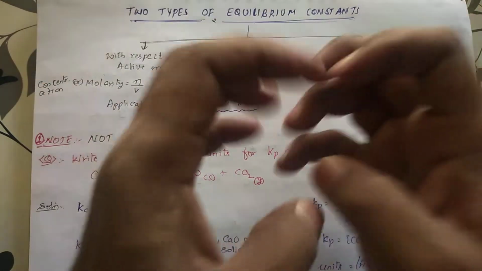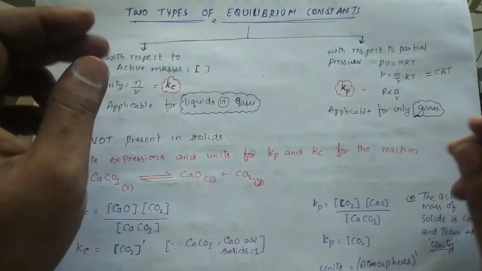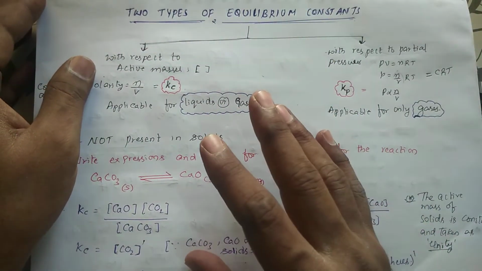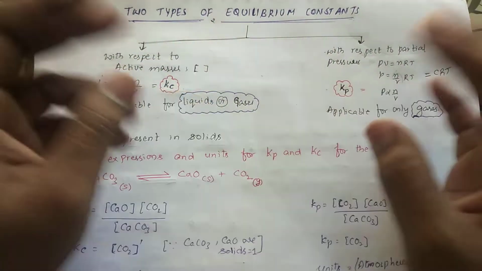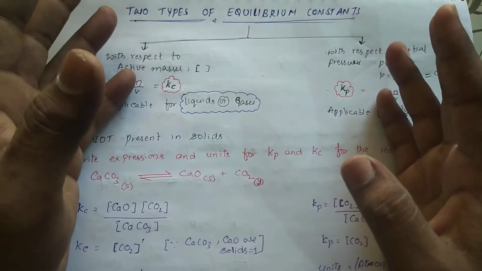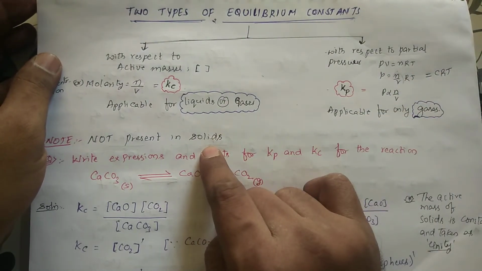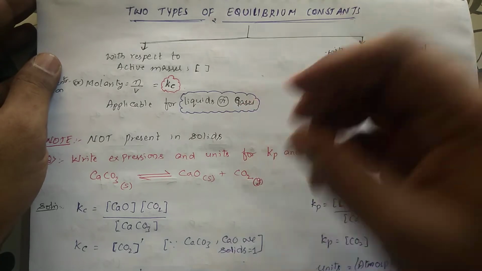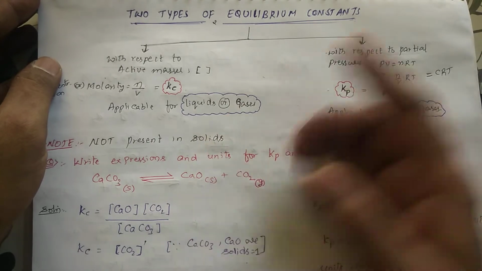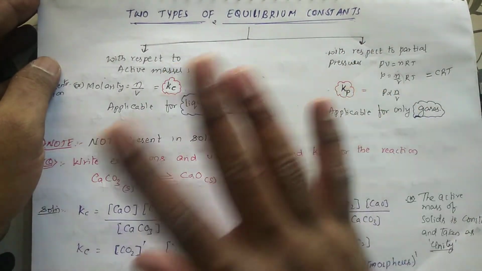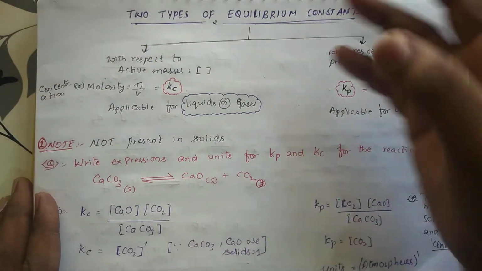Because solid particles are very close together. So there will be a greater number of particles. But with gases, the particles move randomly and the distance between them is very high, so the number of particles will be very small. When you compare gases with solids, in front of solids the gaseous particles are a very negligible number. So for solids, it is taken as the reference point, taken as 1. It means it will not change, right? So while writing the expression, we will take solids as 1.